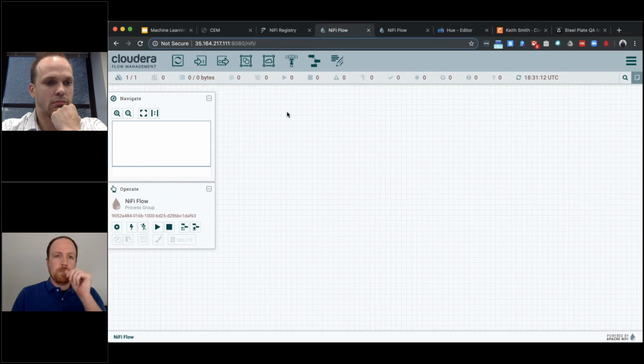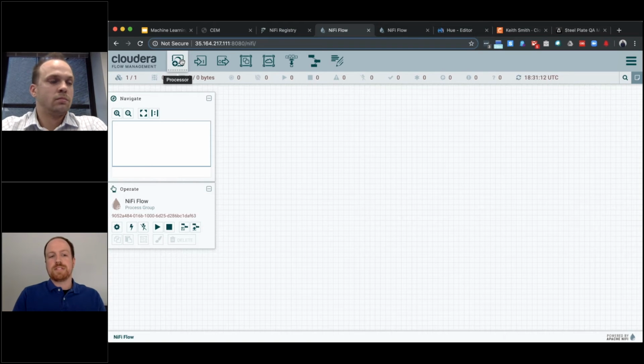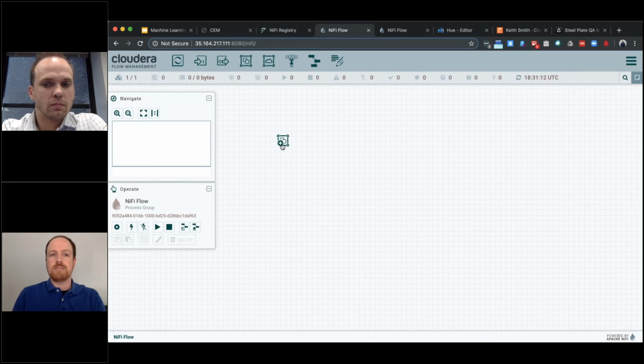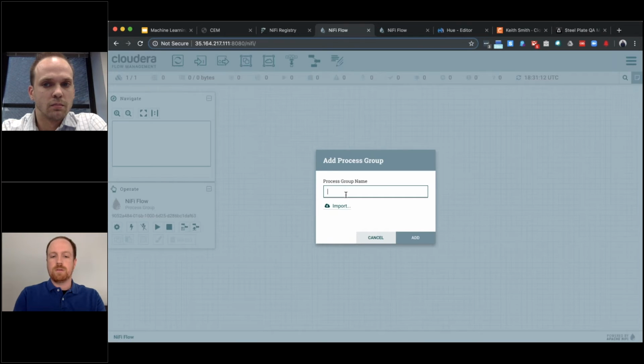So the other tool that obviously builds with MiNiFi is NiFi. MiNiFi is the smaller version of NiFi, but here you have way more tools. You have like 300 options out of the box, and you can build customization on top of it. But again, it's very similar to MiNiFi, where you have some of the same options. So I'm just going to build a process group